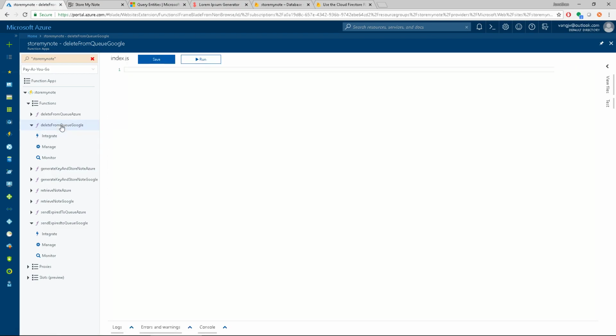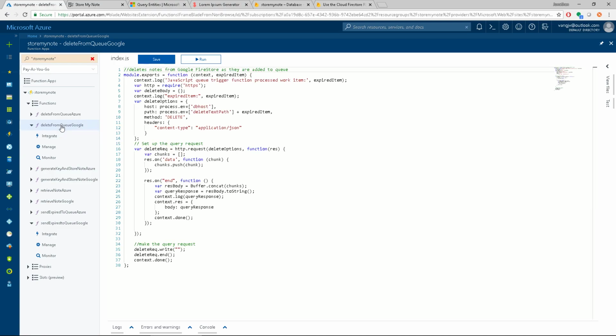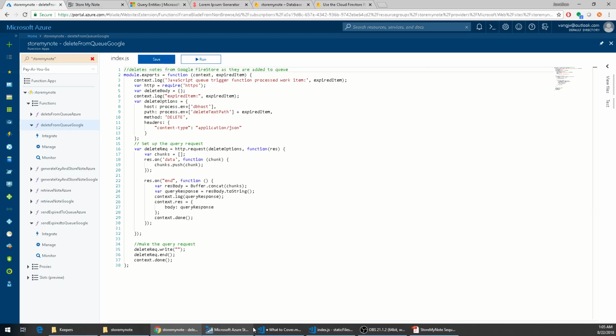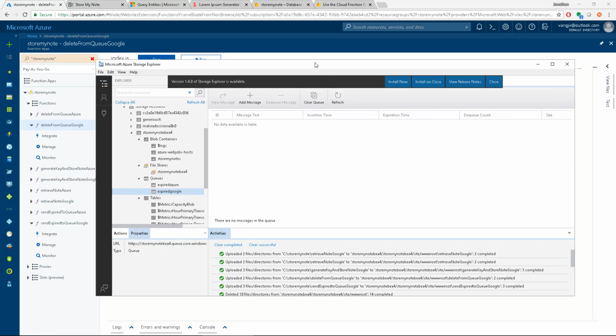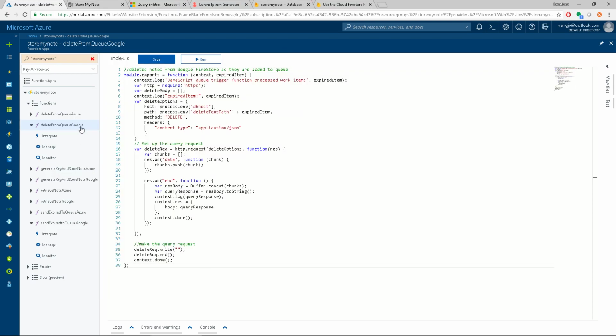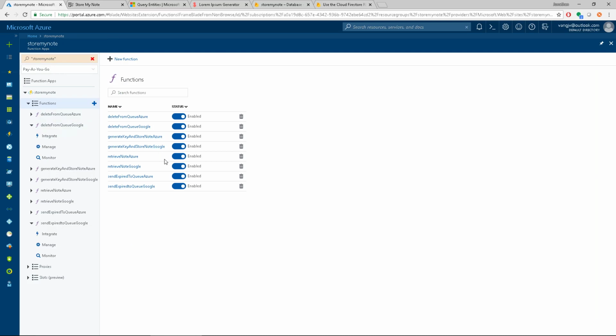Let's just take a look at the code real quick and see how that is set up. So yeah, let's take a look over here and refresh this. And it is deleted. I'm just going to pause this real quick so it doesn't delete things. Go to functions up here and the delete from queue. I just wanted to show really quickly,